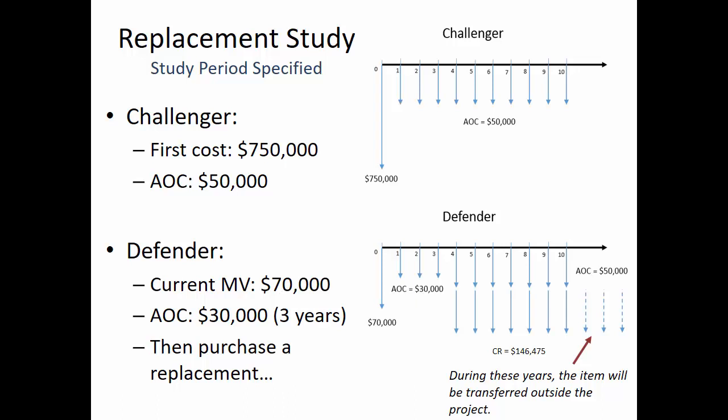All right, so what we want to do is find out what is the annual worth of the Challenger and the annual worth of the Defender. And you may need a separate piece of paper for this one, because my suggestion is to use the 10% table that's at the bottom there. And so take everything to